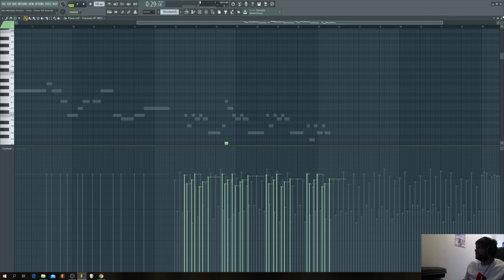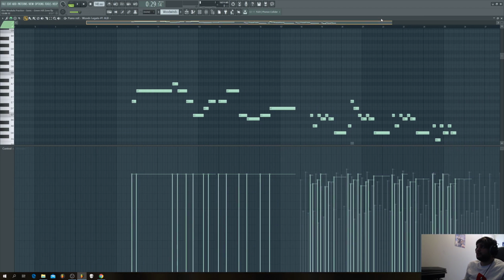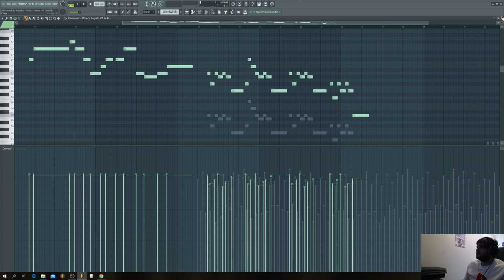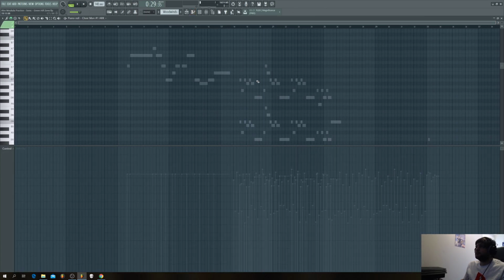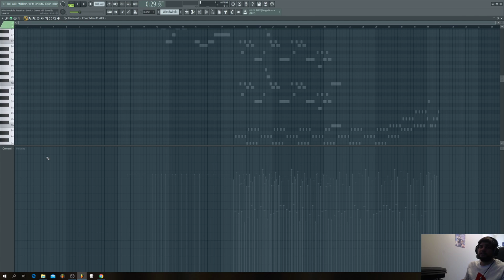Okay, so here's one thing that I noticed: since the Woodwinds are playing on a register that's not used yet, it's more noticeable, but also it doesn't destroy the mix. And I'm not talking about EQ and stuff like that. Basically, if you want your track to sound good, you want to have separation. This is going to sound quite bad, but